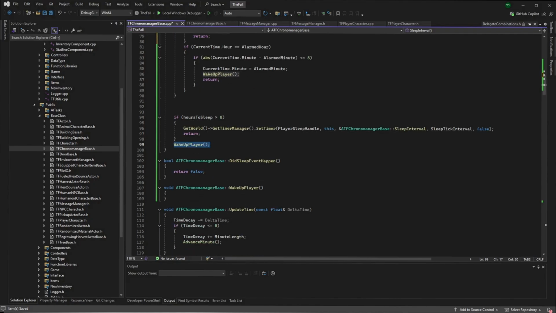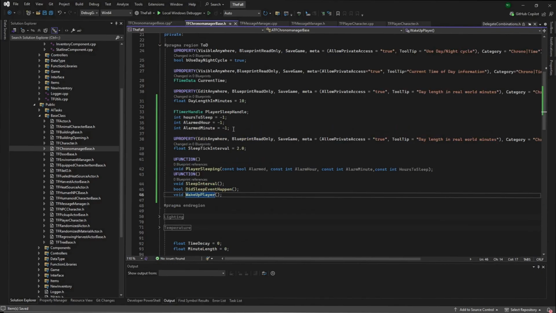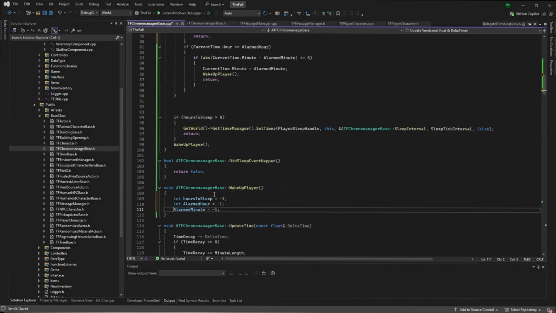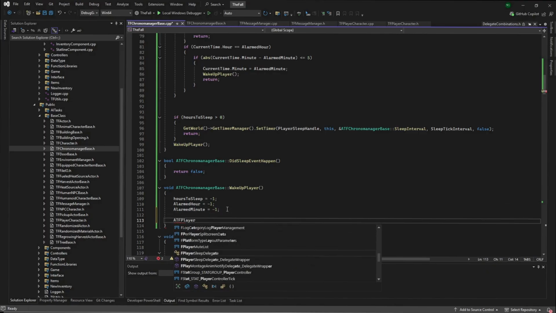All right, so the wake up player event, how do we want to do that? Well, this one is going to be just a callback to the player character, simply because that's where all of that is going to be handled. I'm trying to think how I want to do this. Wake up player. So we want to reset everything to our default values here. So I'm just going to default these out. This just guarantees that everything's back to their default. And then it's ATF player character